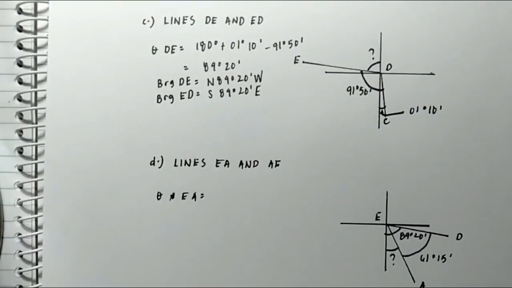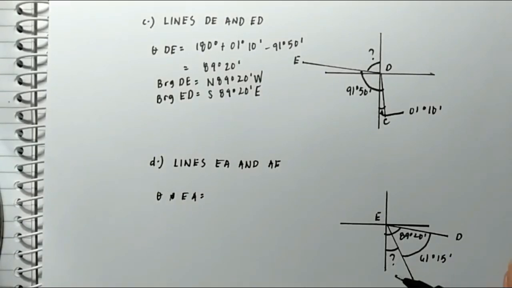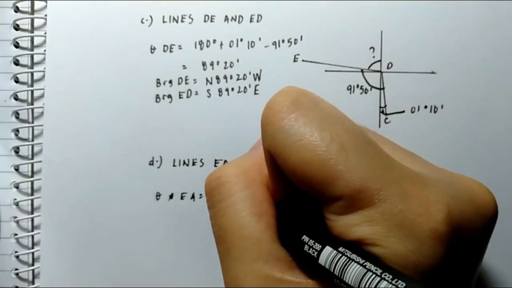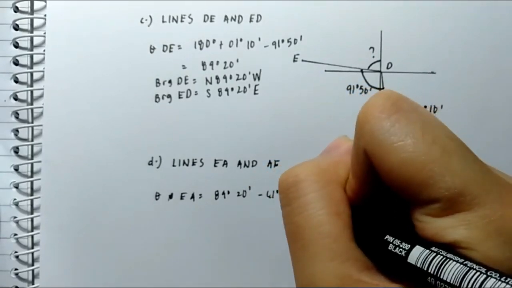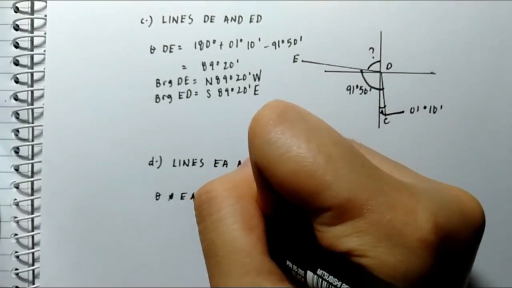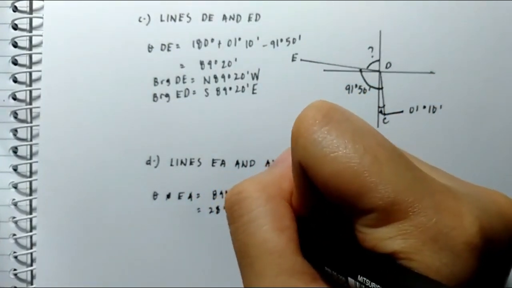Finally, for the lines EA, ang gagawin lang natin sa kanila ay we would subtract them. So, ito kasi yung hinahanap, katulad ng ginawa natin kanina. Isasubtract lang natin sila para ito lang yung matitira. So, ang formula ay 89 degrees, 20 minutes, minus 61 degrees and 15 minutes. The answer would be 28 degrees and 5